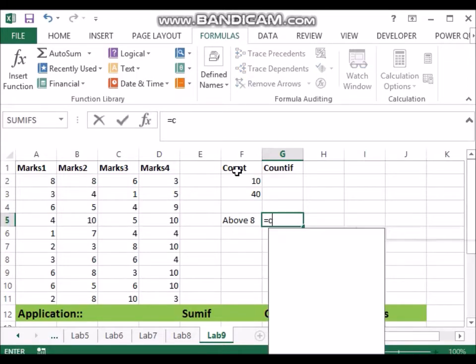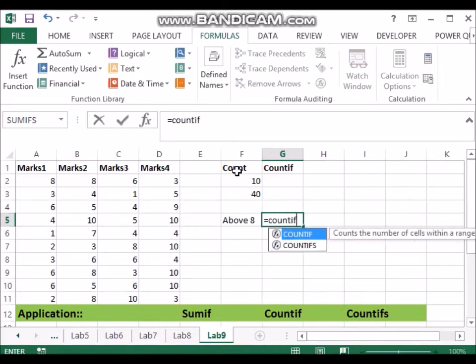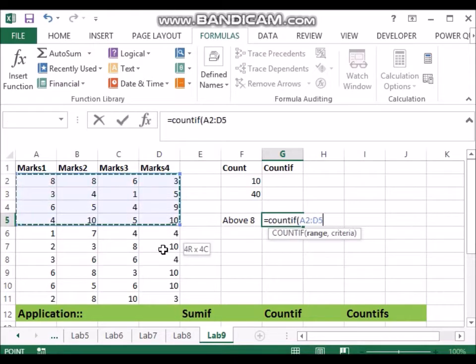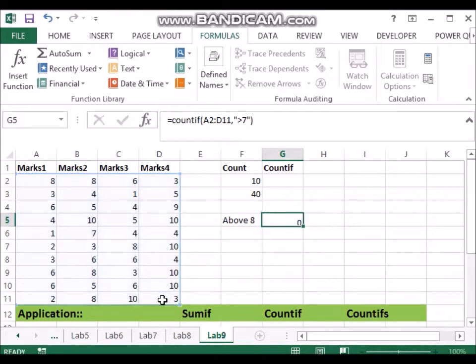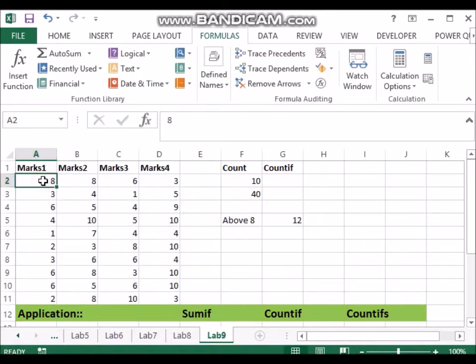I could say equals COUNTIF, take the whole range, and look for instances of, in double quotes, greater than 7. So it will give 8, 9, 10 who all were there. And if I press tab, it says 12. And we can cross check how many instances there are: 1, 2, 3, 4, 5, 6, 7, 8, 9, 10, 11, 12 instances are there.